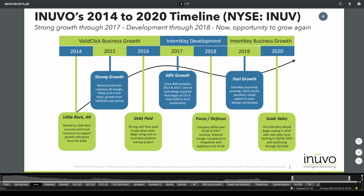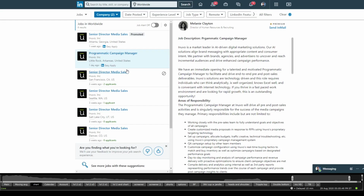Now going on towards 2020, one of the latest things for 2020 is the Intent Key should begin scaling in 2020 with new sales hires starting quarter three, quarter four 2019, and continuing through quarter three 2020. Going on quickly through LinkedIn, we get to see that they have 5 positions for sales director, senior director media sales. So they are actually going on there. One of the newer ones, though, that was posted 1 day ago,